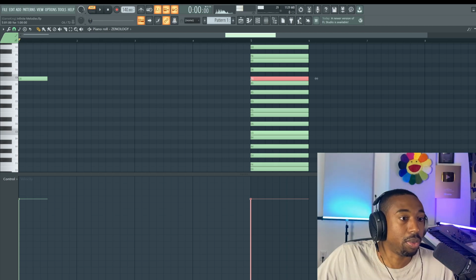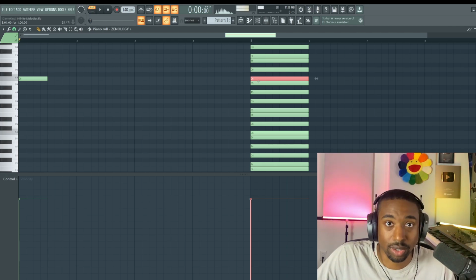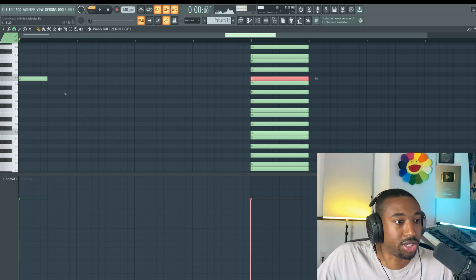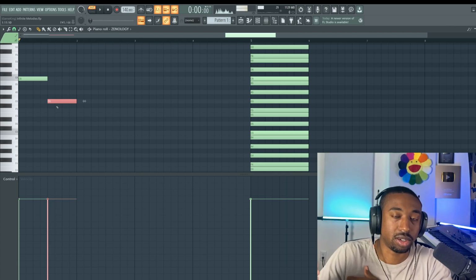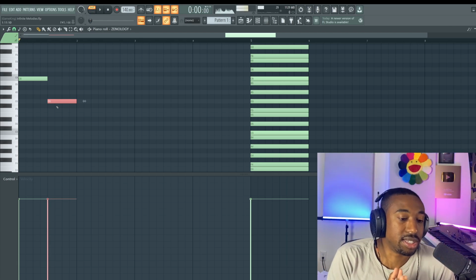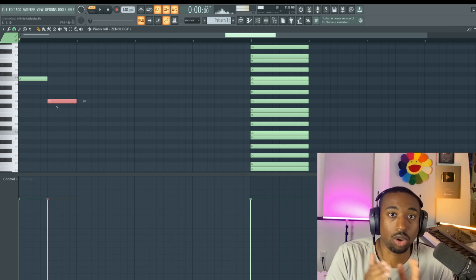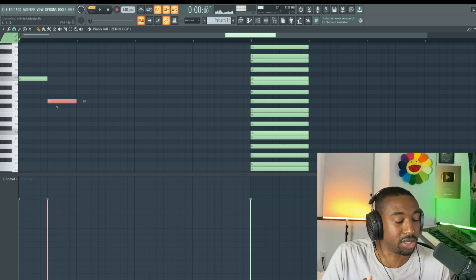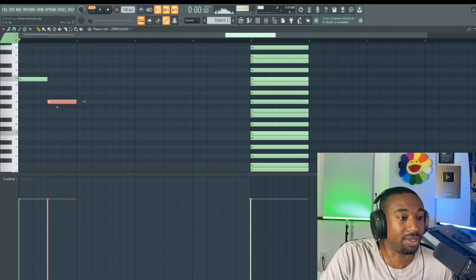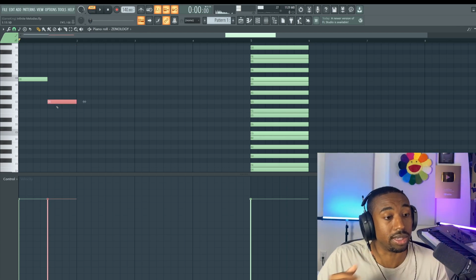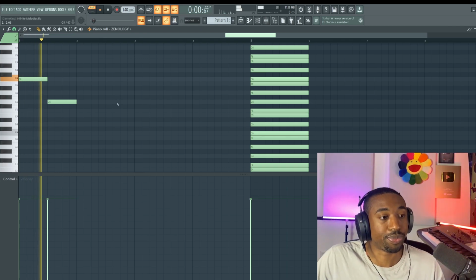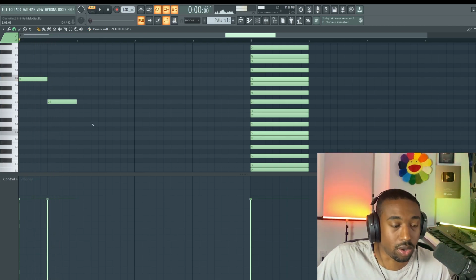Now we're going to go down 3 scale degrees. So from C, we're going to count down 3 scale degrees: 1, 2, 3, we'll land at G. For the more advanced music theory people, you know that C to G is a perfect fifth, meaning it always harmonizes. It's 7 semitones from the root note going up. It's 5 semitones from the root note going down. That's called a perfect fifth. They always harmonize all the time.